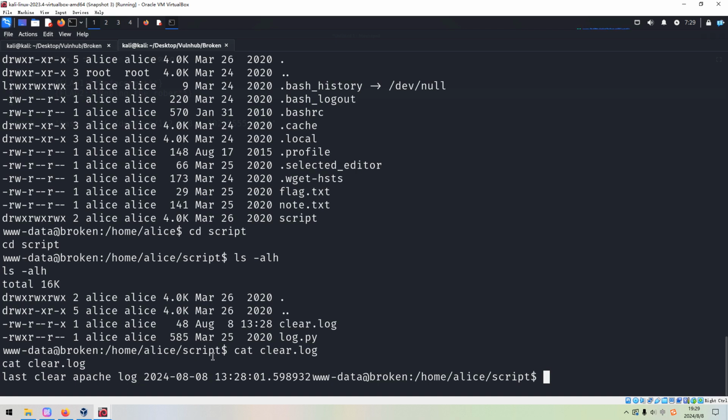As you can see, this is the date when I make this video. So it's very clear there's some sort of cron job running in the background. And here, log. Maybe we need to take a look at this Python script.